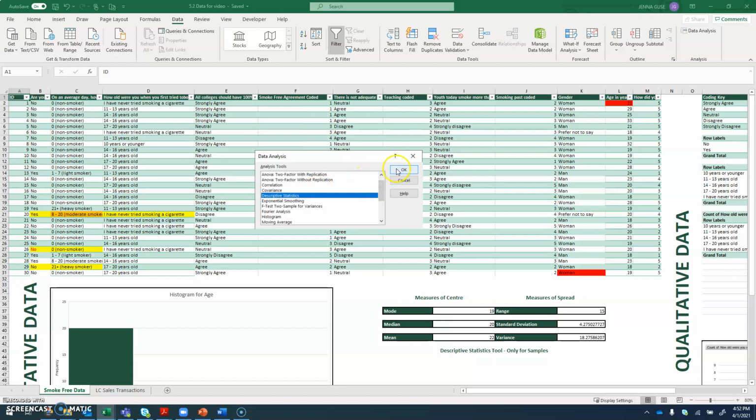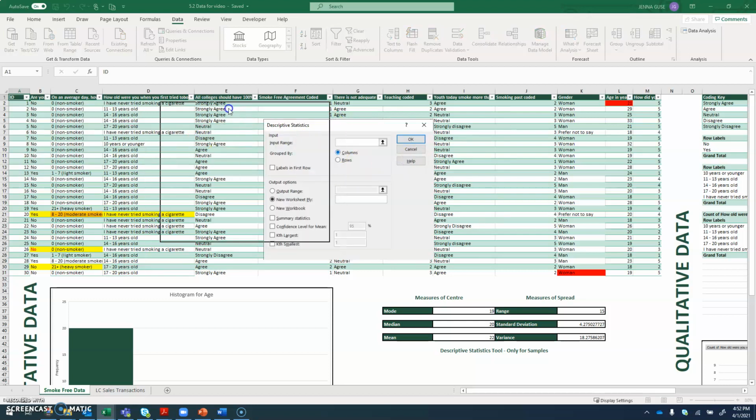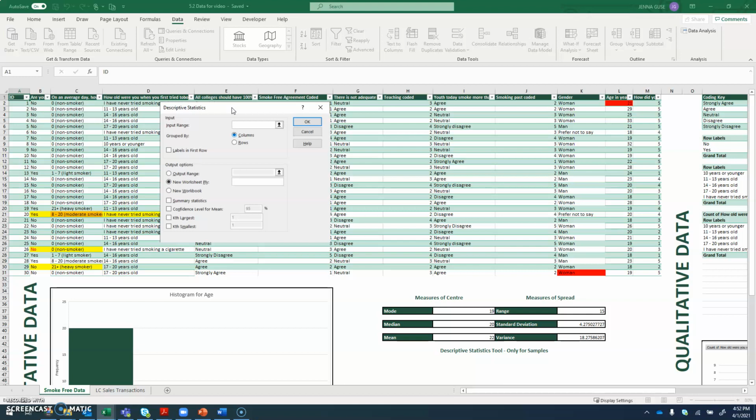The reason it's called statistics is these formulas only work for sample data. You cannot use this tool if you have population data. It's only for samples. Once you get here, you can select as many quantitative variables as you want, but they